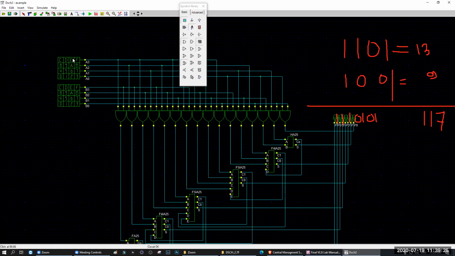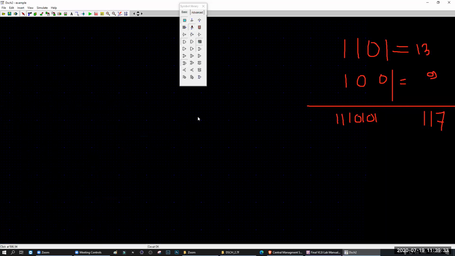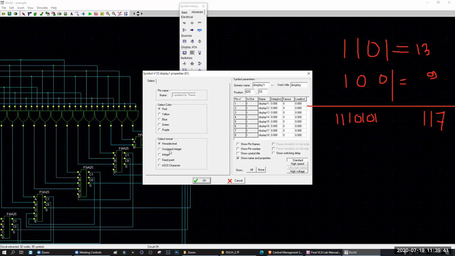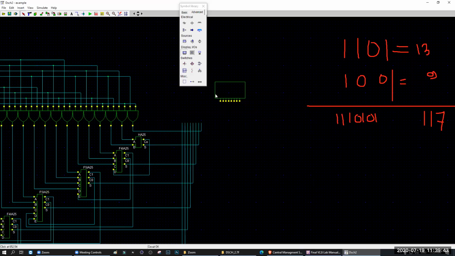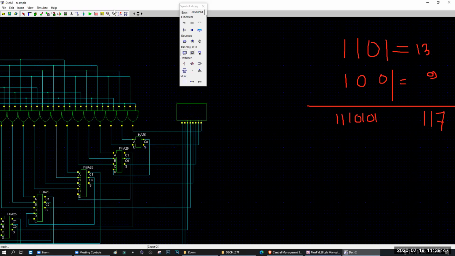Like hexadecimal. We can also change the way our output looks. We can delete them and use an 8-bit display.